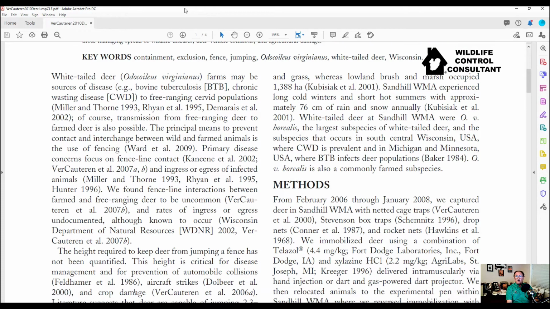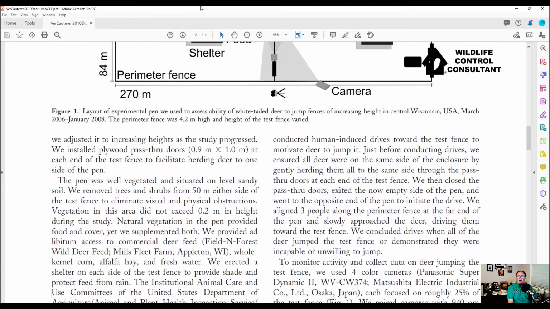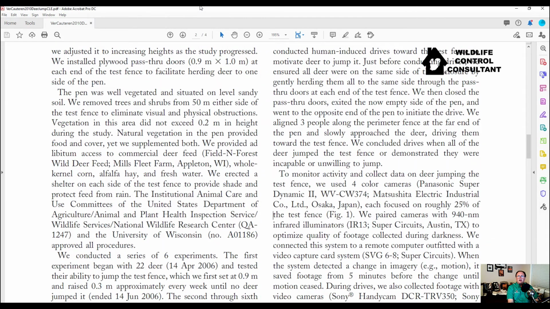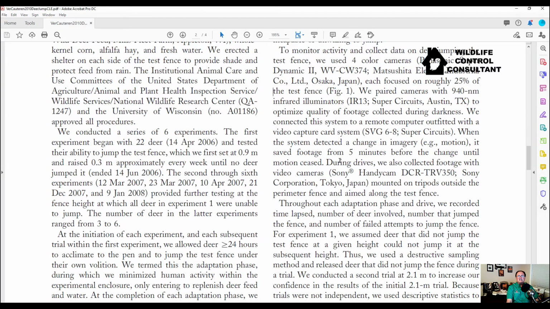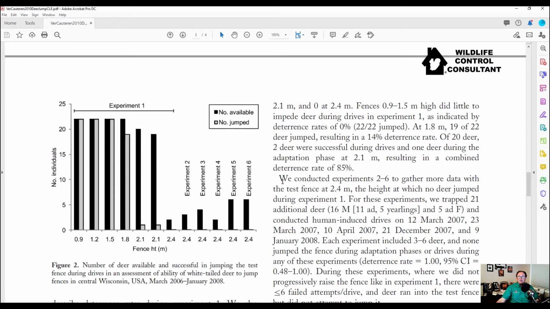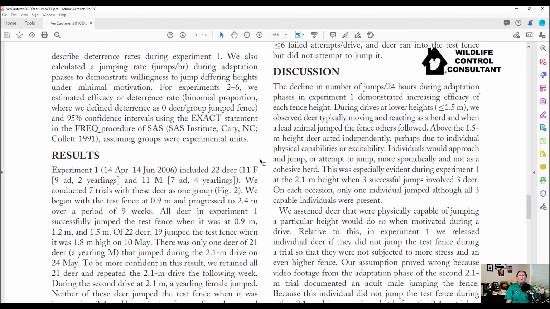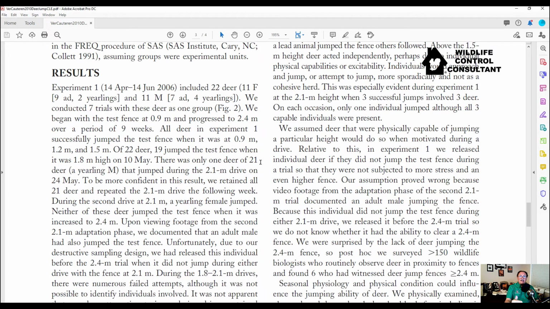So let me keep going down. We talked about the methods section. We're going to keep going. We have our little picture there. Diagram. It's always nice to see some diagrams. And then we start getting into our charts. Here's all the experiments they did. And again, you can skip all this. I'm not telling you to ignore it per se, unless you like getting into this, because it can get a little technical. But I'm telling you, you want to skip the methods and get right down into the results.